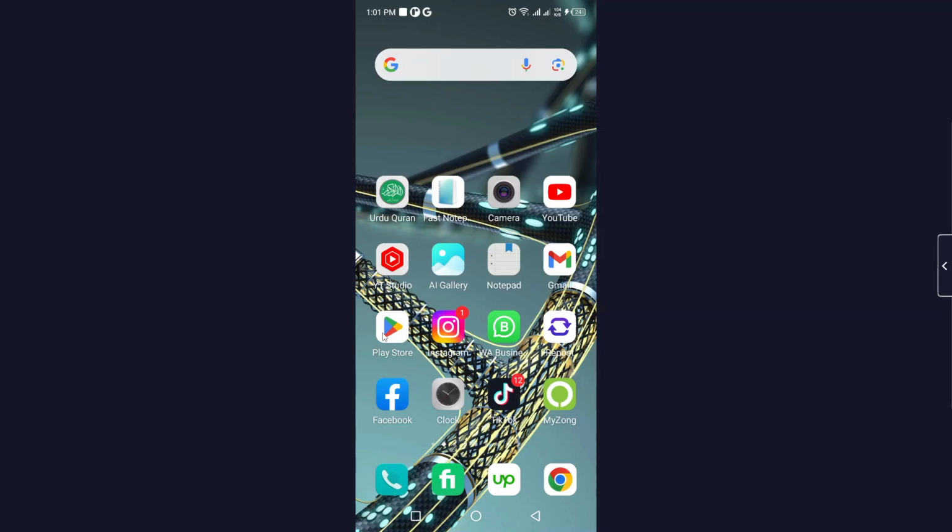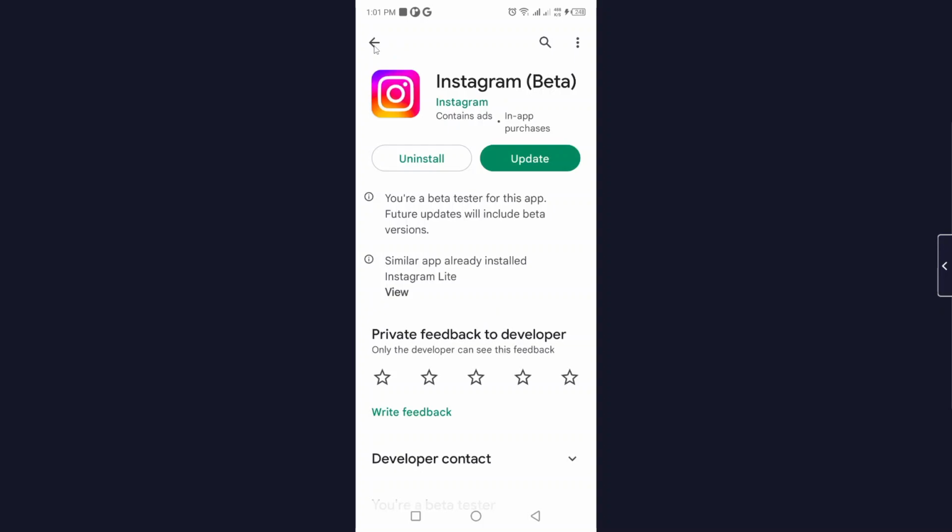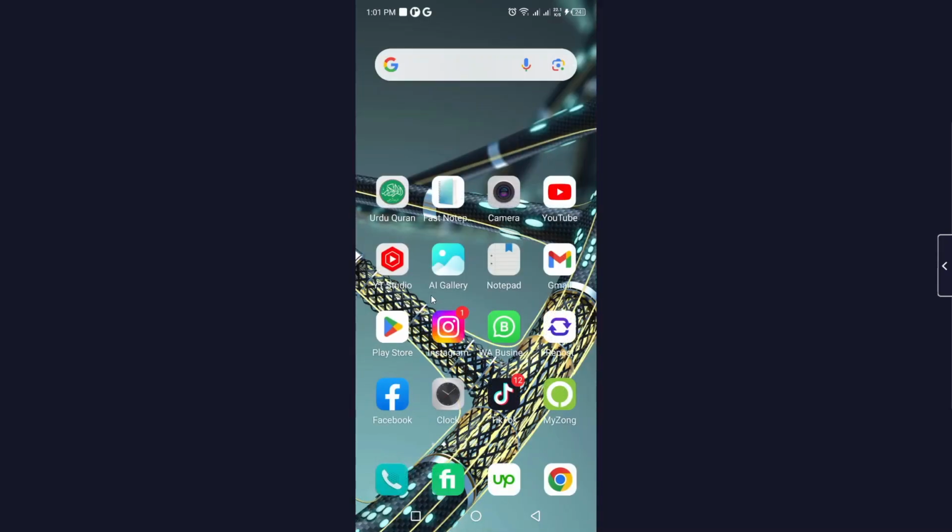So the first step you simply need to do is to open Play Store and search for Instagram, and you need to update your Instagram application by clicking here. So once you're done that, you simply need to open the Instagram application,